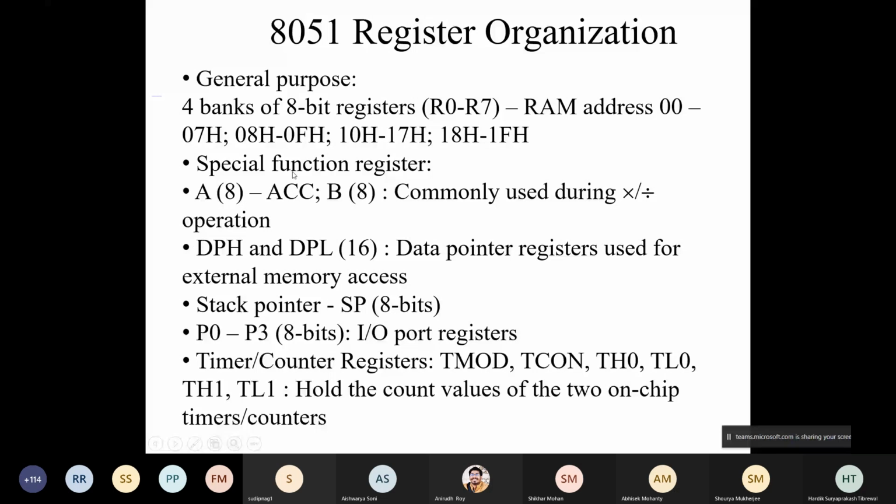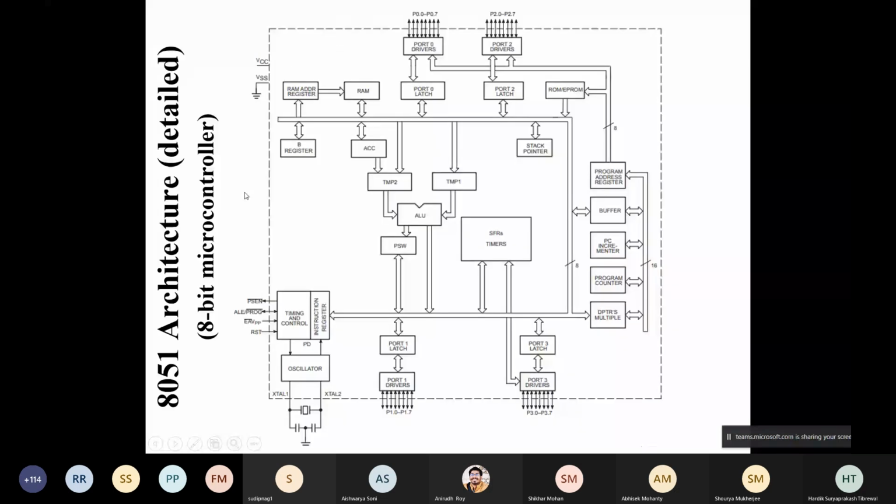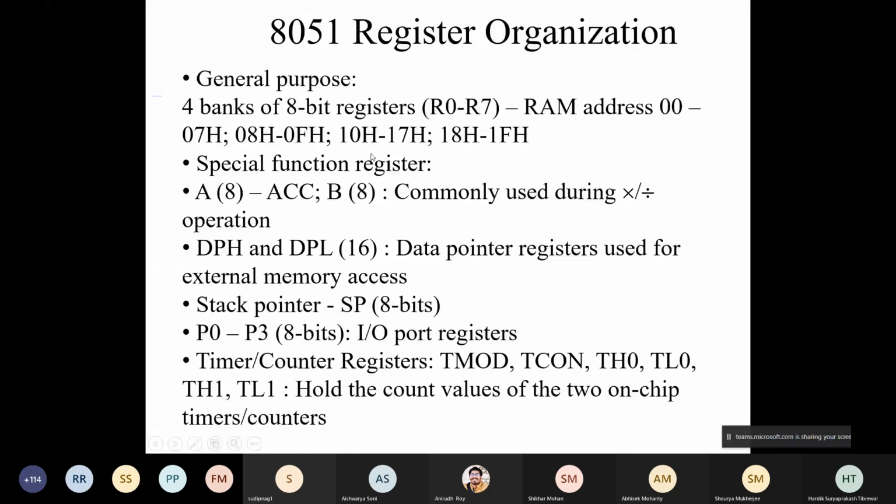Then there are special function registers, SFR. I said that accumulator with the datasheet. Look at this ACC, A register and B register. We discussed these 2 registers. So A register is basically an 8-bit register, which is also called ACC or accumulator. B register is another 8-bit register. And then this A and B are commonly used, or rather used for multiplication and division, apart from other operations also. But these are some of the applications, this multiplication and division operations between A and B.